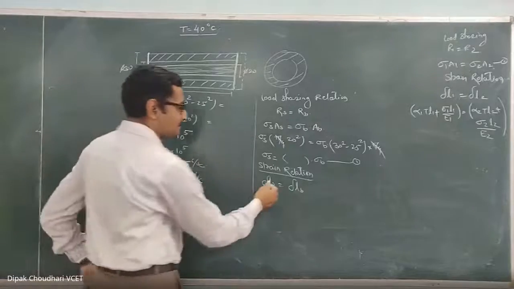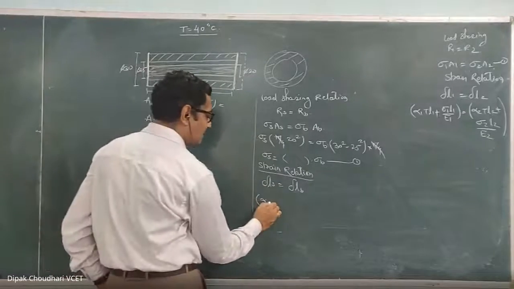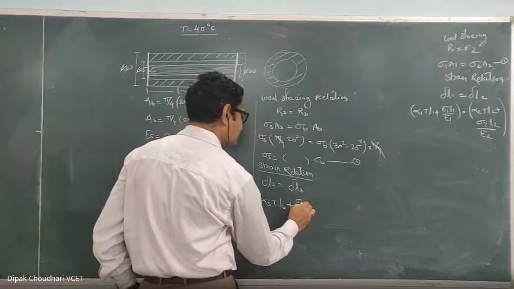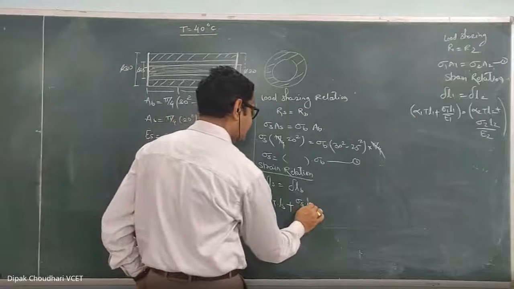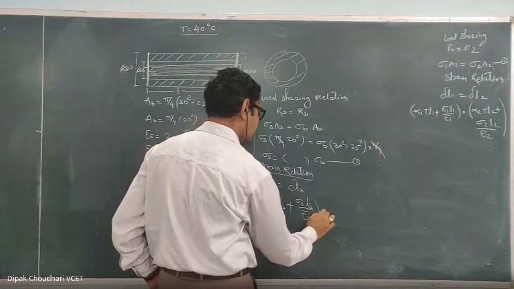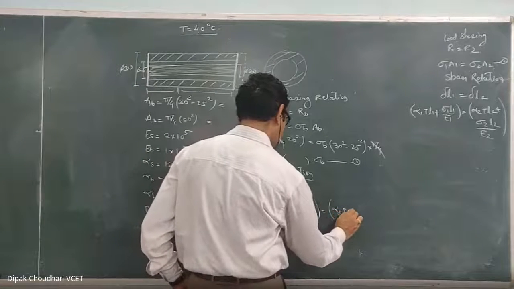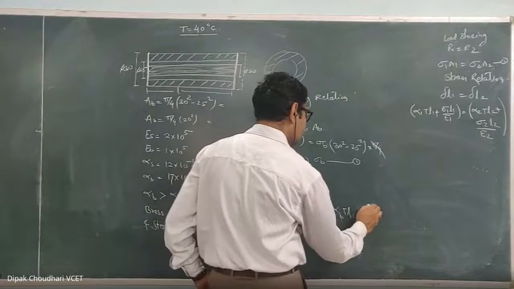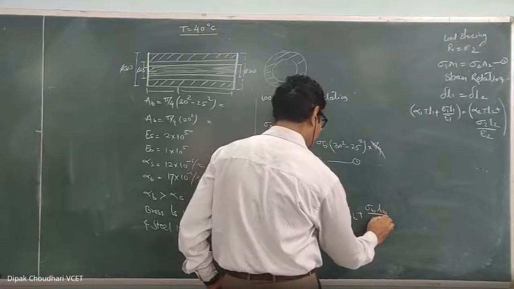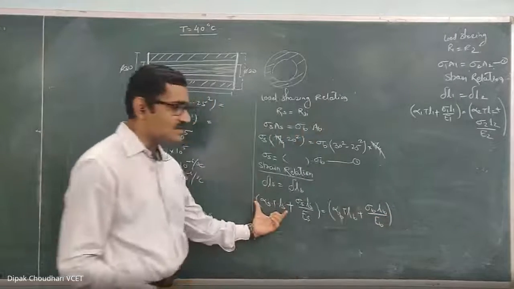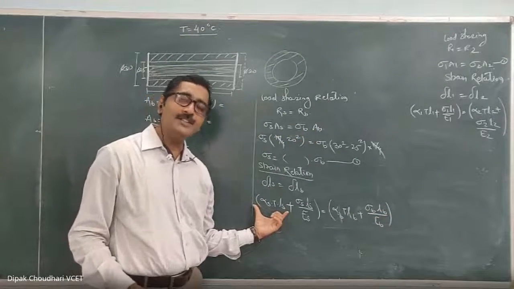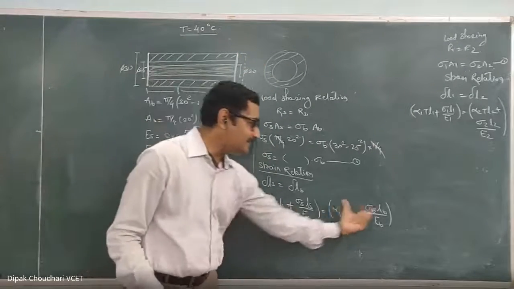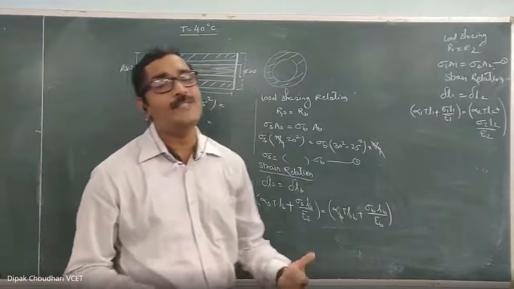plus the change in length because of the reactive axial force. So let's write down this delta L, which is equal to alpha S into T into LS plus stress in steel into LS upon ES, which is equal to alpha B into T into LB plus sigma B into LB upon EB. The first part is the elongation because of the change in temperature; since it is a rise in temperature, this will be the increase in length. And the second part is the deformation because of the axial force.